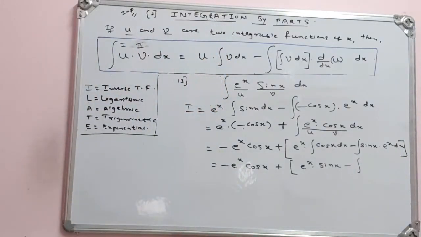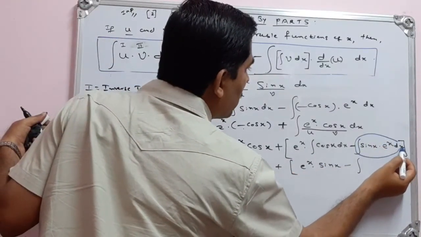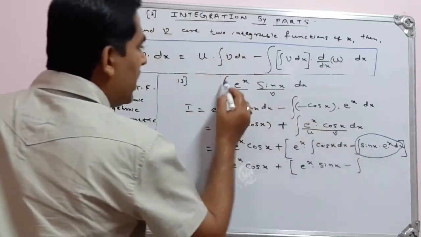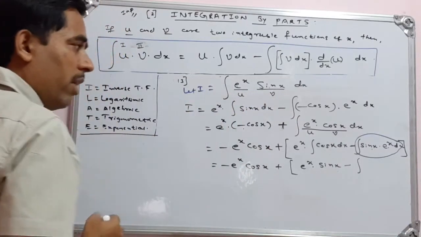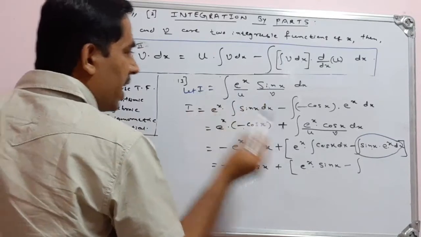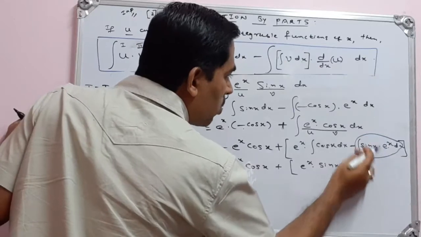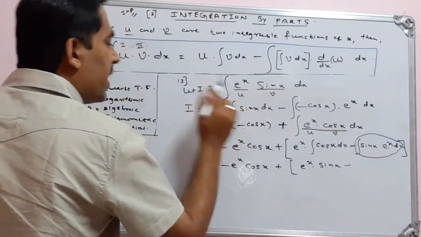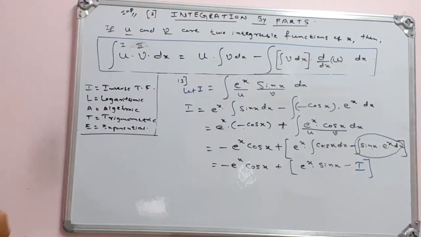Let me show it here. Observe this, the integration of e to the power of x sin x. So we began the problem like this: we have to find this integral, e to the power of x sin x, which is nothing but I. So this whole thing I can equate as this minus this whole thing, integration of e to the power of x into sin x, is the given integral, so I will write it as I. Observe that you need not apply it once again, that integral is repeated. So I will replace that integral with I.